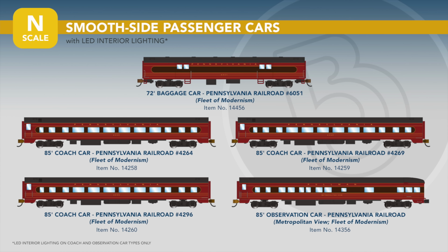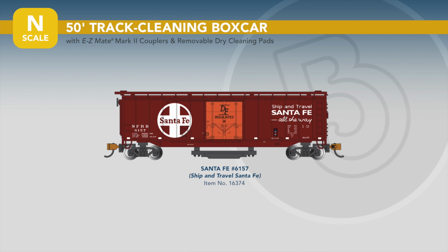In our N-scale smooth-side passenger car range, we're welcoming the much-requested Pennsylvania Railroad fleet of modernism, with a baggage car, 3 coach cars, and an observation car. With their attractive Art Deco-era livery, these cars will go great with our N-scale streamlined K4 steam locomotive, arriving with furnished and lighted interiors. In N-scale freight cars, a Santa Fe example joins our series of track-cleaning 50-foot boxcars, arriving